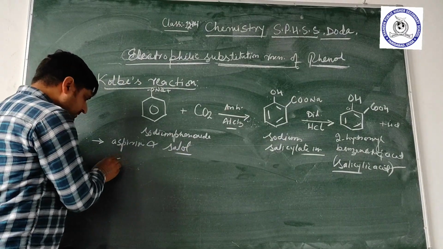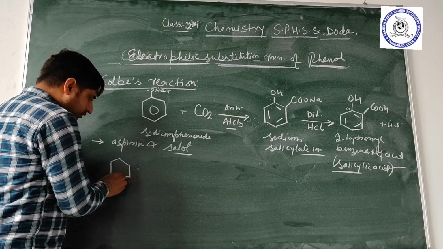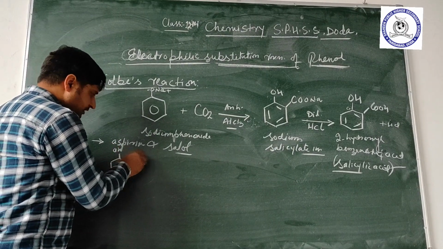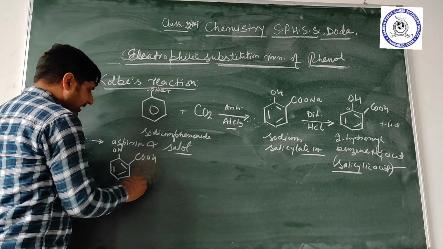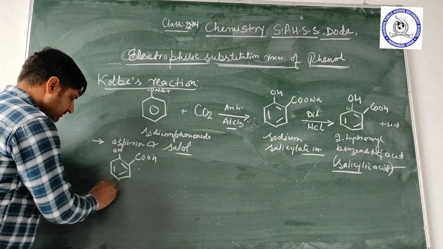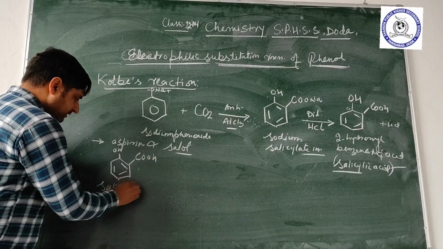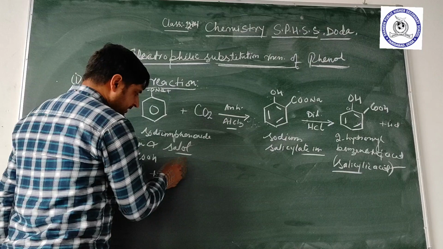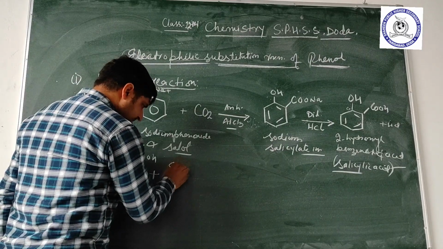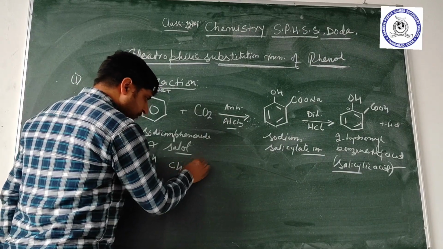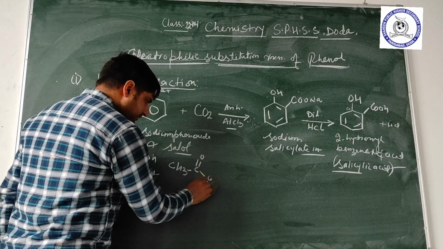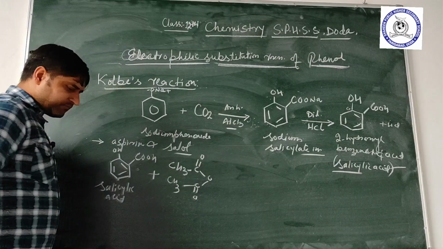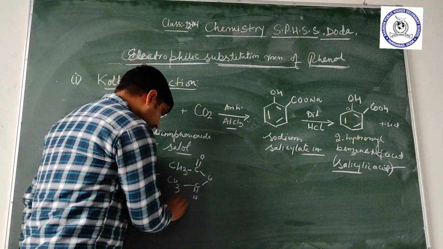When 2-hydroxy benzoic acid or salicylic acid is treated with acetic anhydride. This is the formula of acetic anhydride. Treated with acetic anhydride,